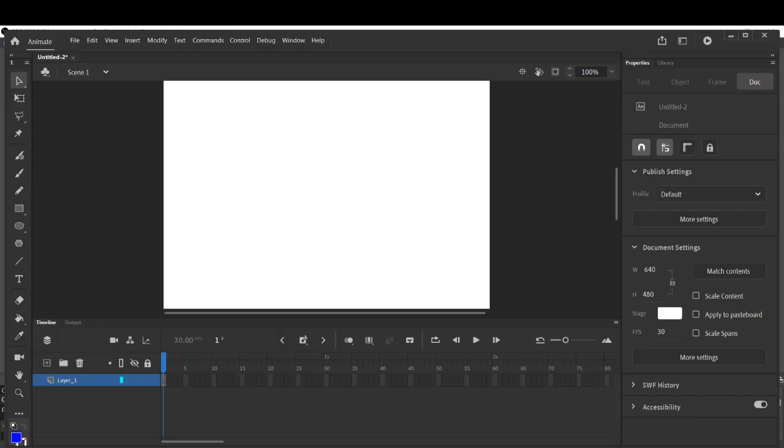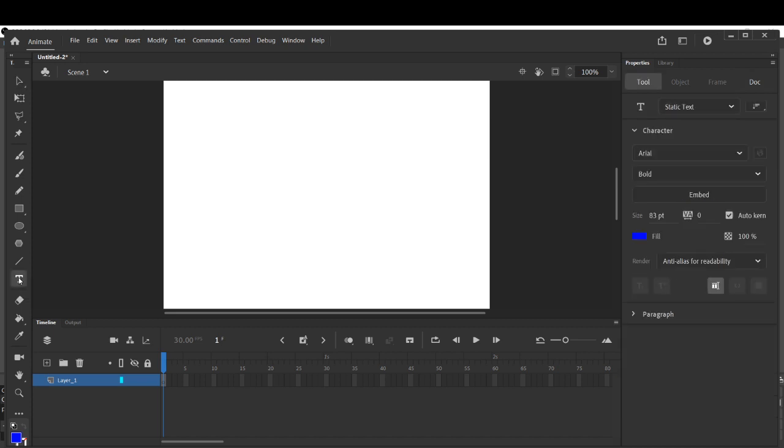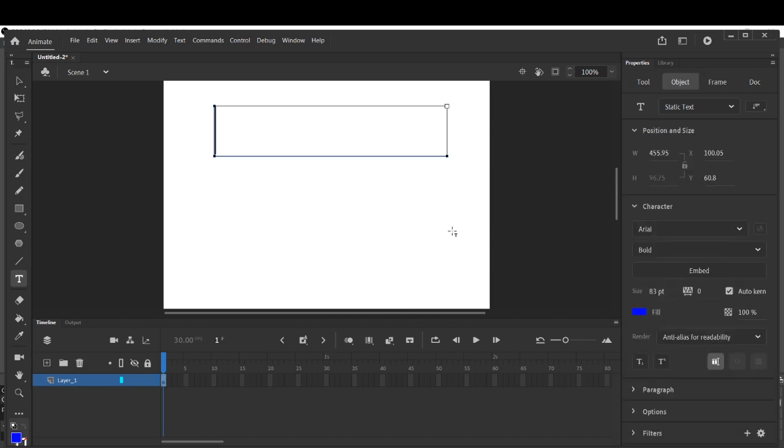Let's start the practical part of masking, children. For that, in the first layer we will write a text and we will apply masking on it. For that, click on T, the text tool, and write some text in it. For example, write down welcome.